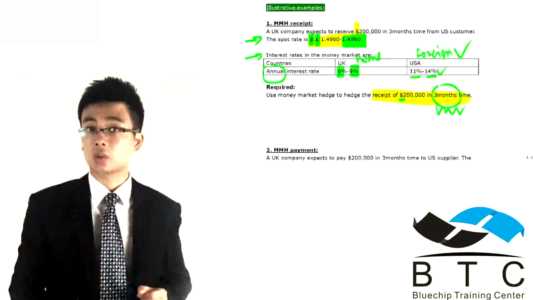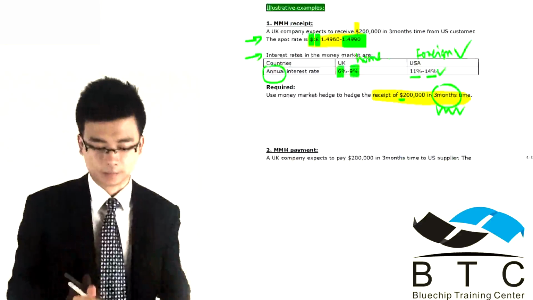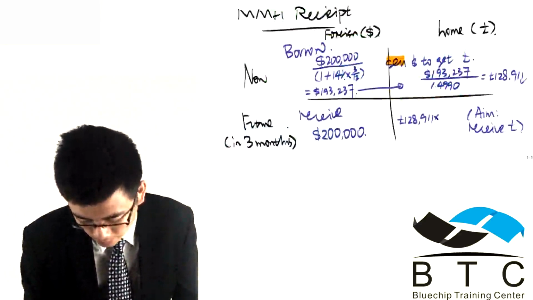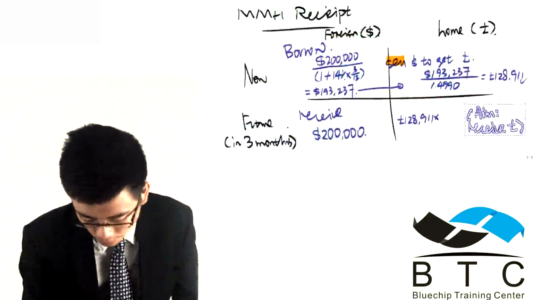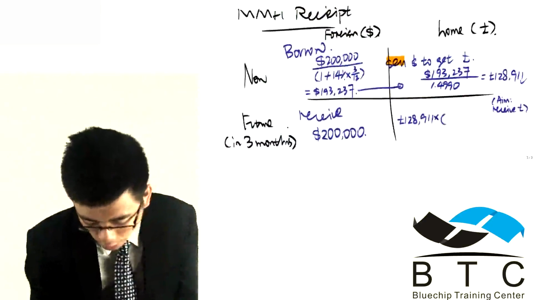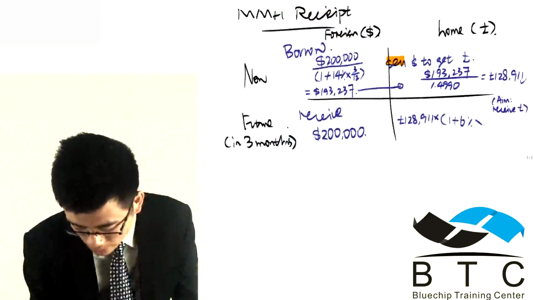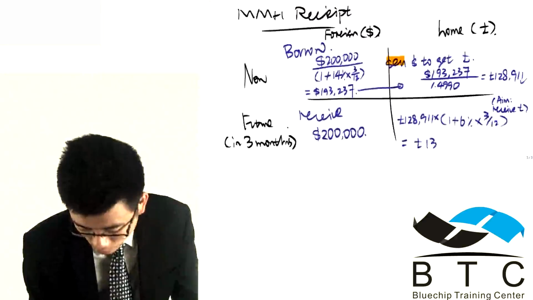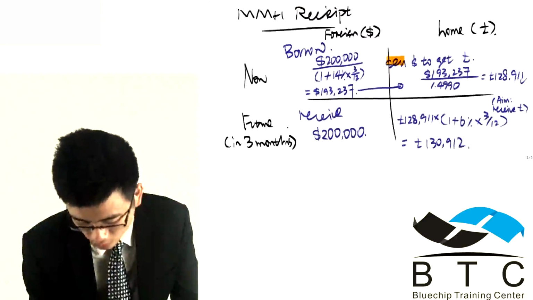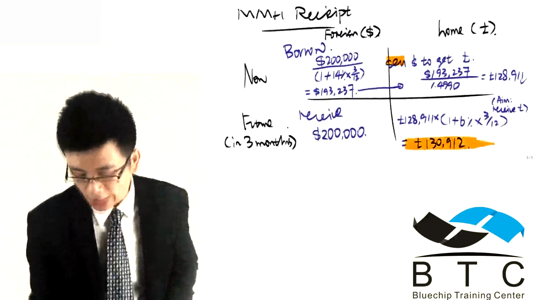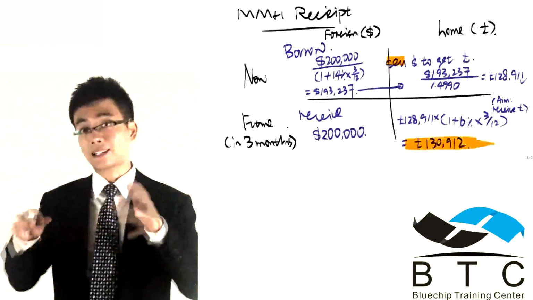Of course, we're going to use the 6%, the lower rate. So we're going to multiply by 1 plus the 6% for 3 months over 12, giving us 130,912. This means at some point in the future we're going to get this money from the UK bank denominated